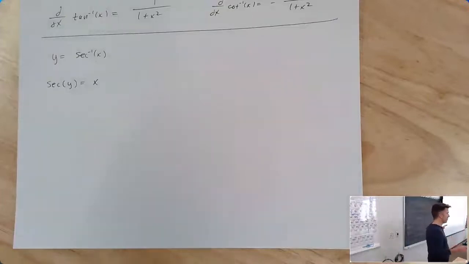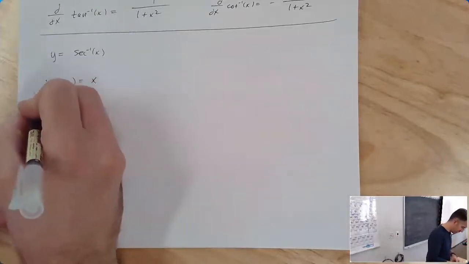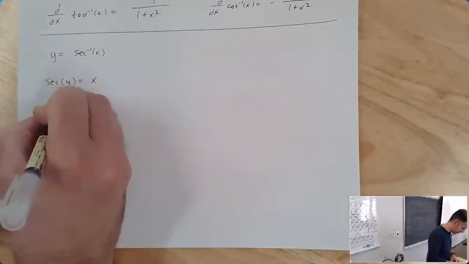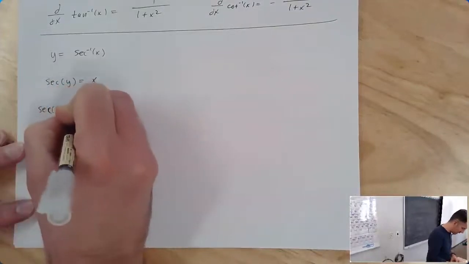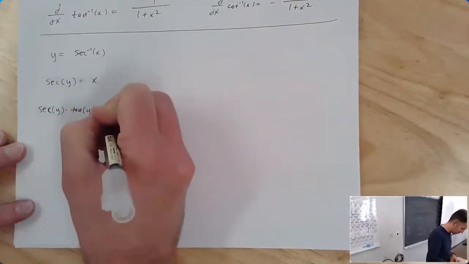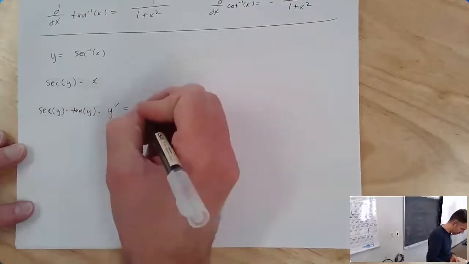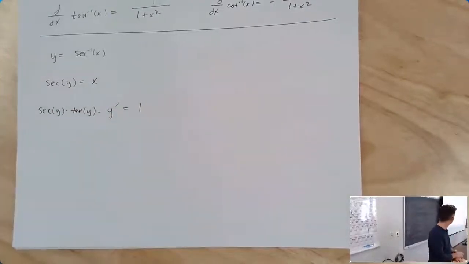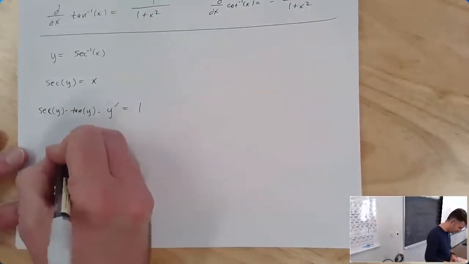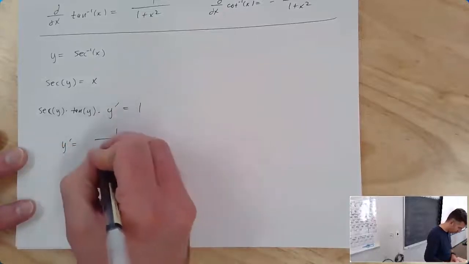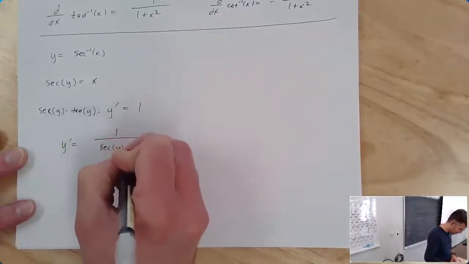Those are kind of the only functions where you take the derivative of something and that something shows up in two different spots. I think. I can't think of another basic function where that happens. So if I take the derivative of both sides, I get secant of my stuff times tangent of my stuff times the derivative of my stuff equal to the derivative of x, which is 1. And then solving for y prime, I get y prime equal to 1 over secant of y times tangent of